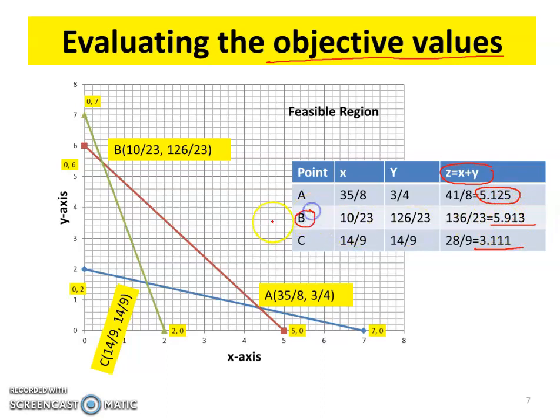So this point B is the point of maxima, and the minimum value obtained by these points is 3.111, which is obtained at C. So this point C is the point of minima. Okay, so now